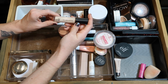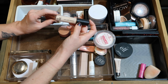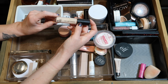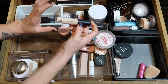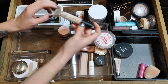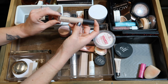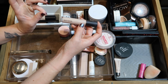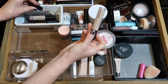I also picked up the e.l.f. Camo Concealer during the month of August, so I did get a chance to test this a few times. This is very, very full coverage. I do agree with people who say that it is similar to Tarte Shape Tape. I'm going to keep this in another rotation as my very full coverage concealer, rather than pulling Tarte Shape Tape or my Too Faced Born This Way, just so I can get some more use out of this. And then I also had my Laura Mercier Flawless Fusion Concealer. This has been in rotation for a while just because I love it so much and I always want to reach for it. But because I'm currently trying to pan the NYX concealer, I will put this away for the